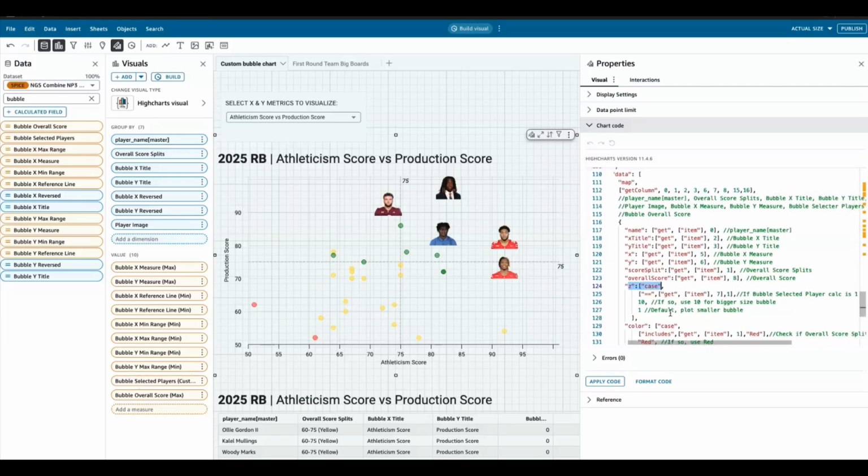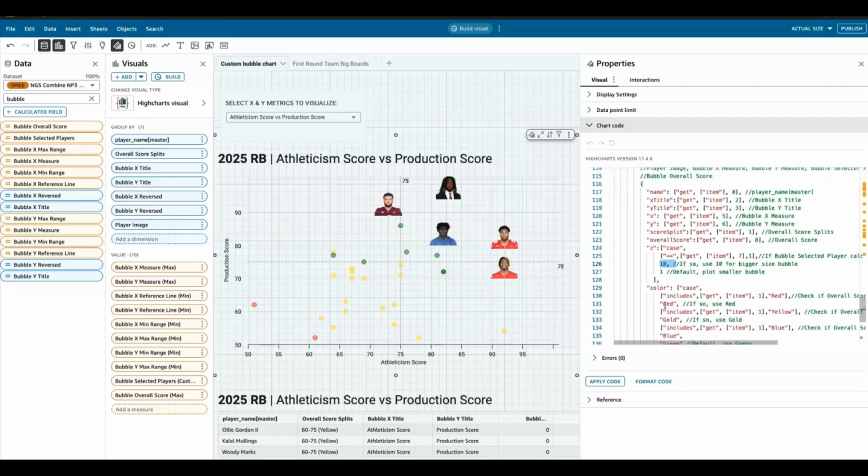So if the players have this selected calc as 1, then we set Z value as 10, meaning it should be a bigger size bubble. And for everybody else, it's a smaller size bubble. So that's one part of it. And then we are having this